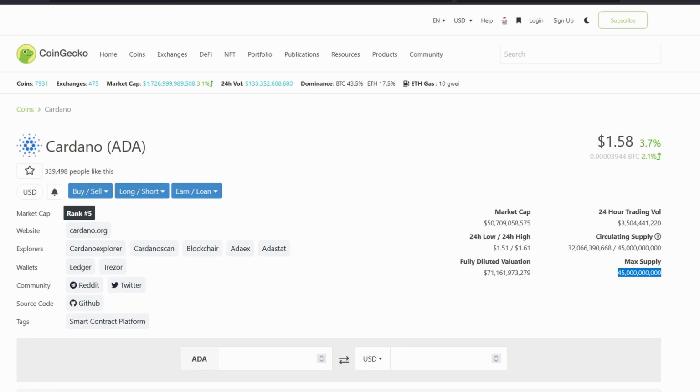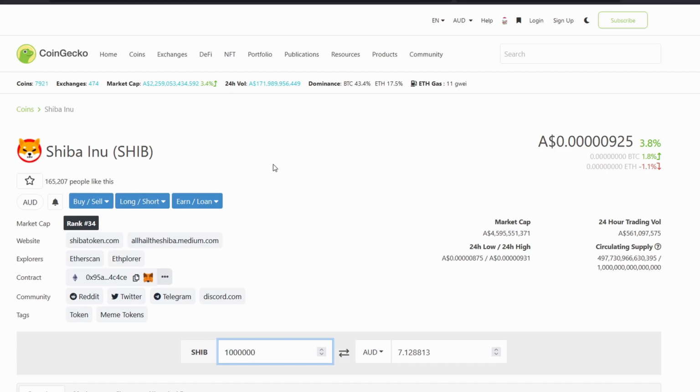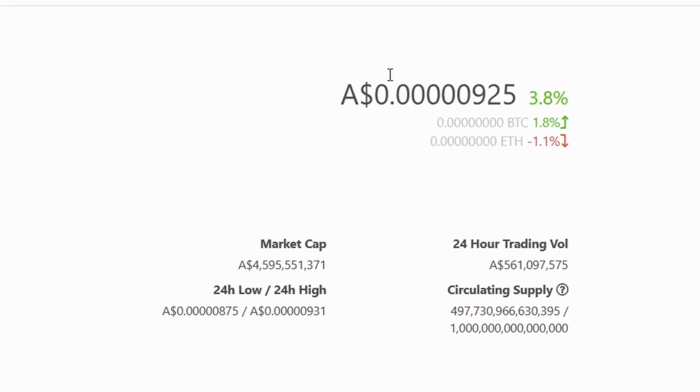Now for a unique example, we've got the Shiba Inu token, and that has a price of $0.0000925. And you might be asking, well, if we could just get it to a cent like Dogecoin, we'd all be rich. But